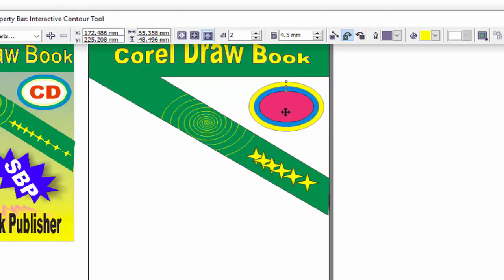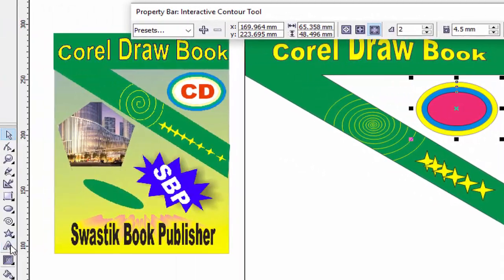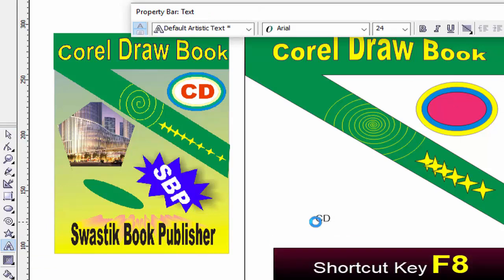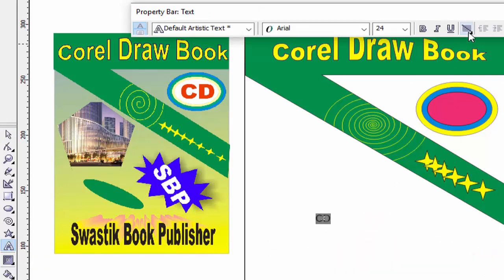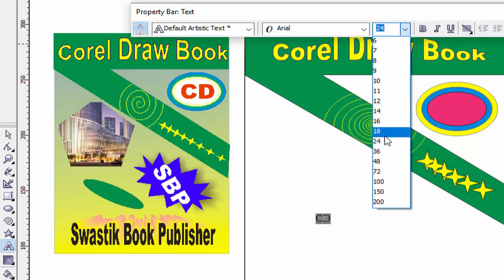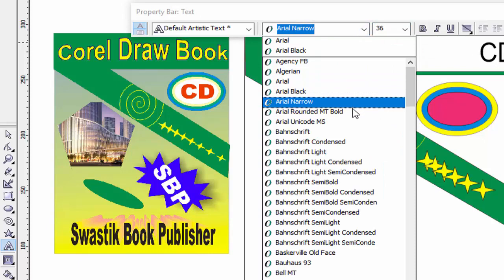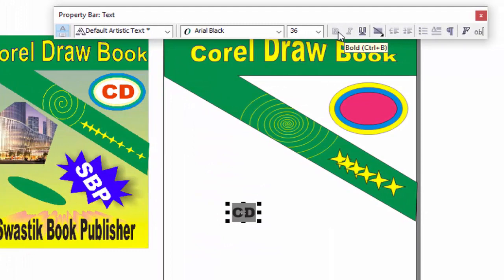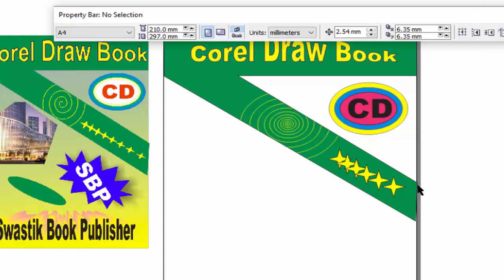And put this shape object here, and then use the text tool to type text CD and Control A. Select this text and increase the size from here and change the font from here. And if you want to bold that text, use this option, bold, Control plus B, italic, Control plus I, or underline, Control plus U from here, or you can increase the size from here also. So use the pick tool and enter it here. So I think you understand how it is created.